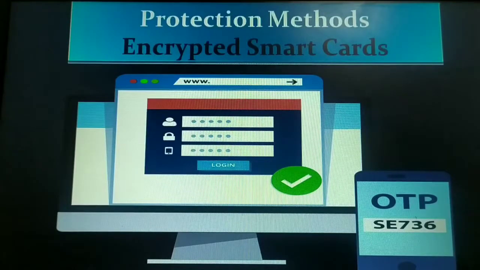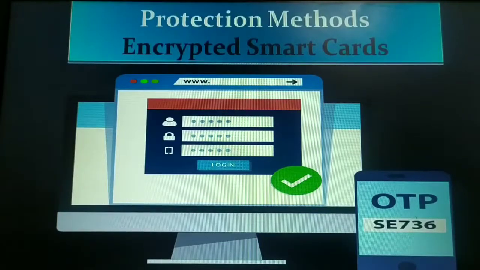This encrypted smart card is a kind of handheld device that will generate a token that a computer, mobile or laptop can recognize. Whenever you make an online transaction, though you are the genuine user, you enter the card number, CVV number, ATM pin, everything.